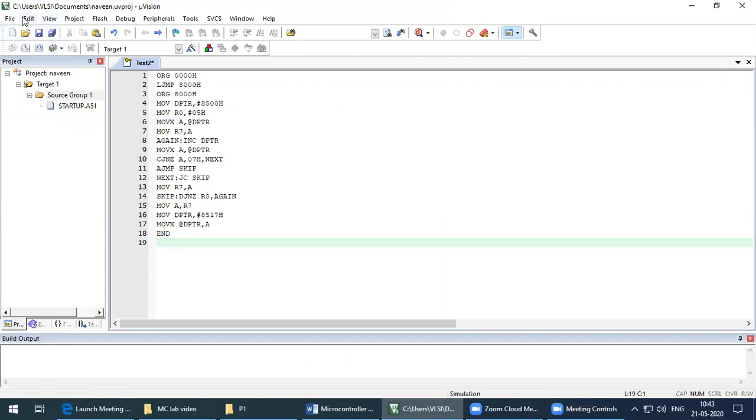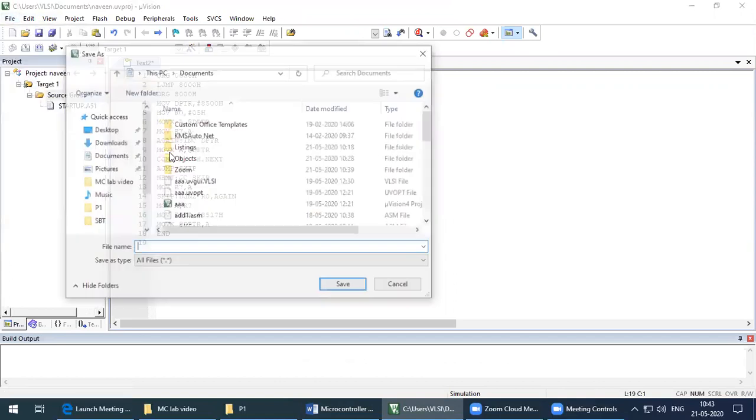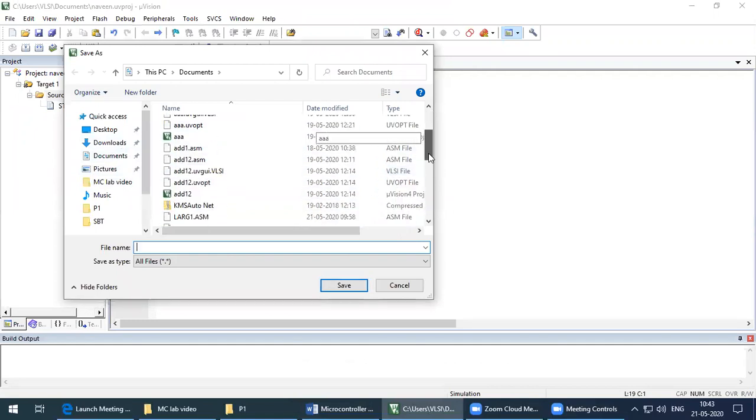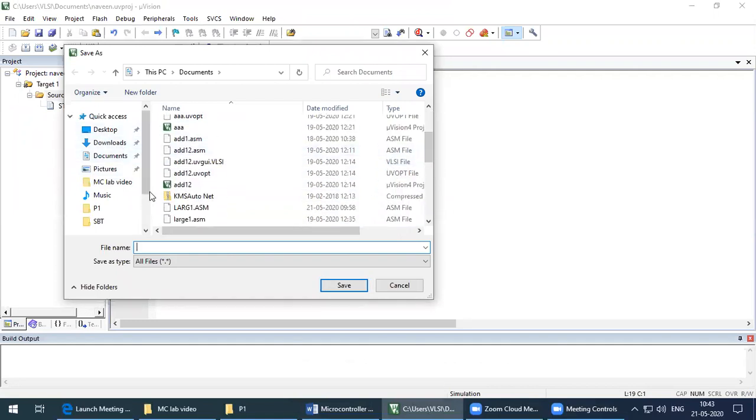Once the program is written, go to File, Save As. Under the project Naveen, in the same directory, that is Documents, we can save this program with the file name largest1.2.asm. Largest1 is not available since it is already written, so largest1.2 should be different from the other file.